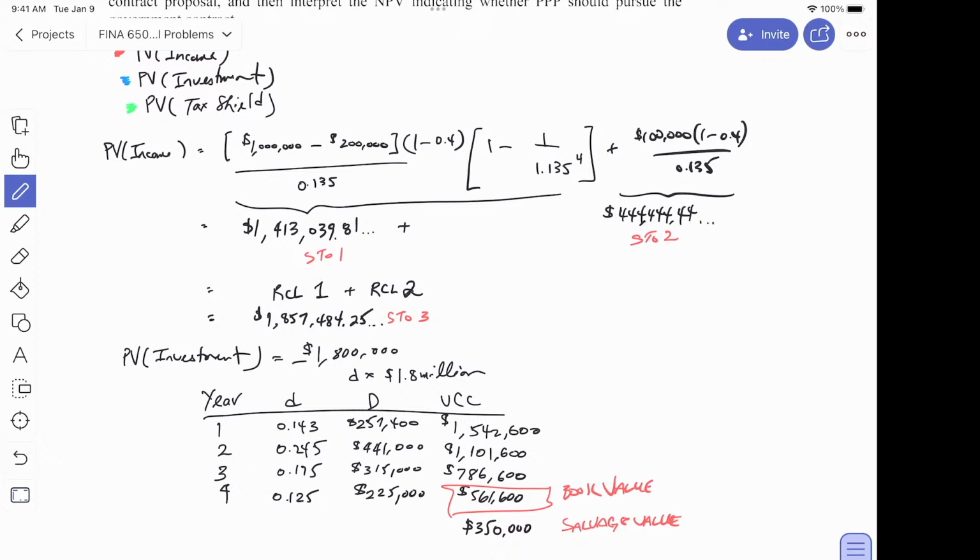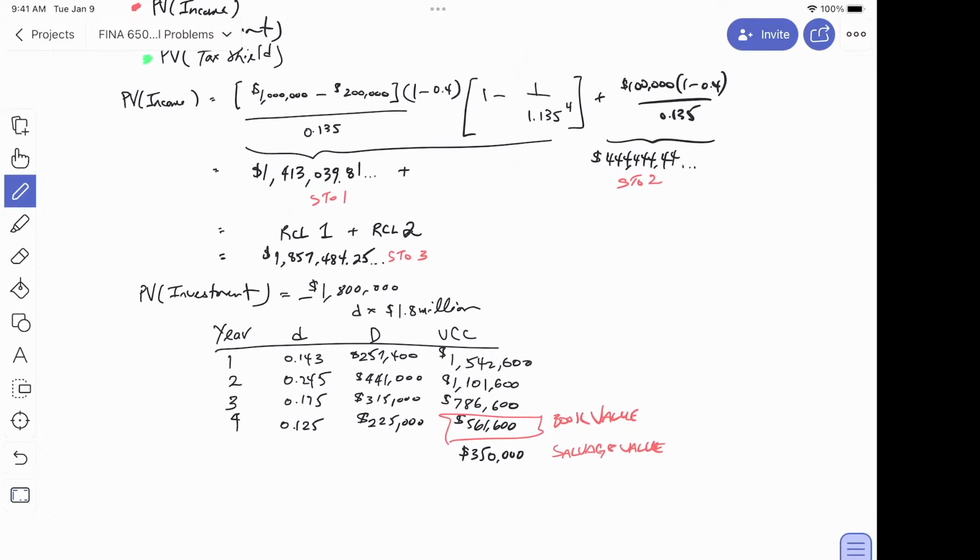Now we can do the salvage value. With that book value, we can look for the salvage value, right? So then we compare the book value and the salvage value, and we see that we are selling at a loss. And so we can claim that in our taxes and reduce our taxable income. And this is actually another tax savings, tax shield. So what we're going to do is make a calculation, or add that to our calculation.